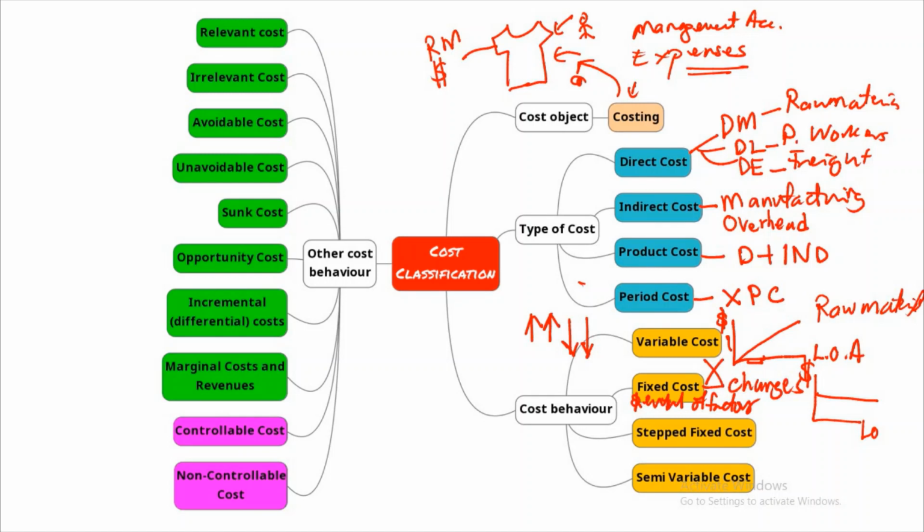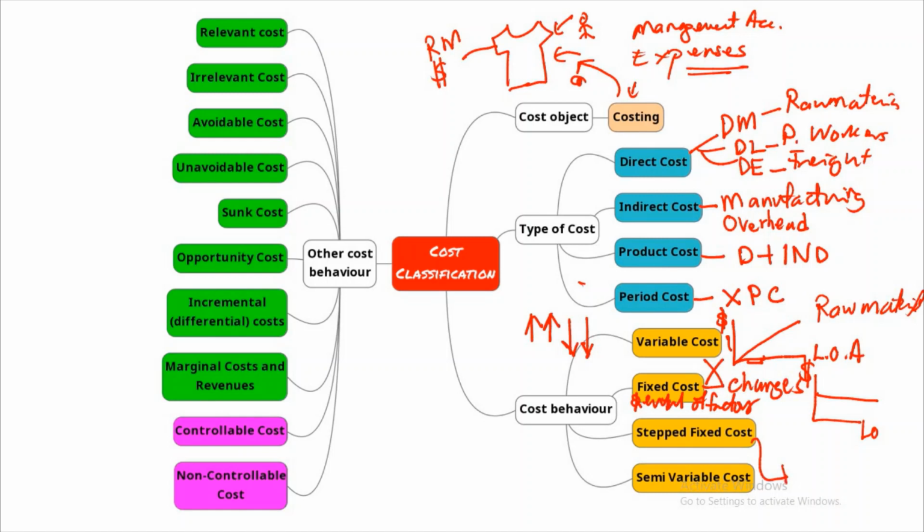Okay, whatever it is, for fixed cost, rental of factory, you need to make sure that there's a name of factory there. Don't give me something very basic or very vague. You have to make sure that you are very precise in giving the example. Okay, for step fixed cost, it's basically